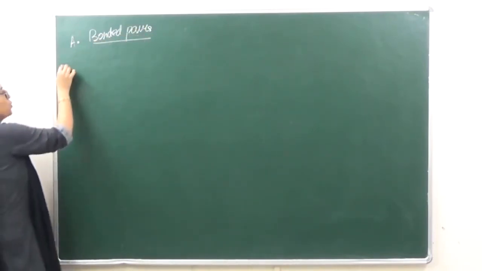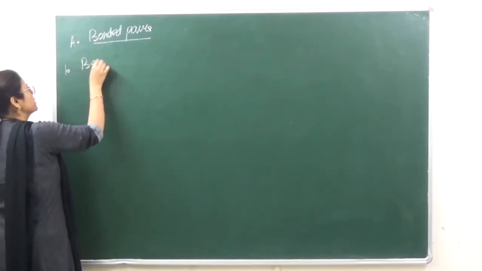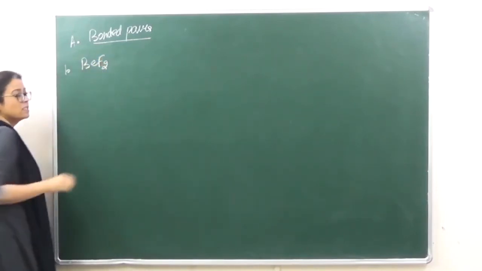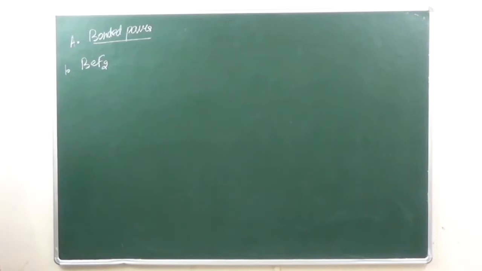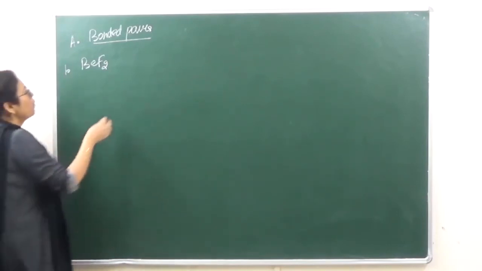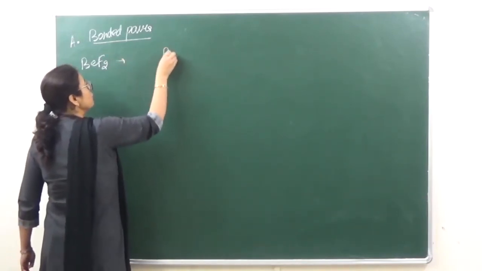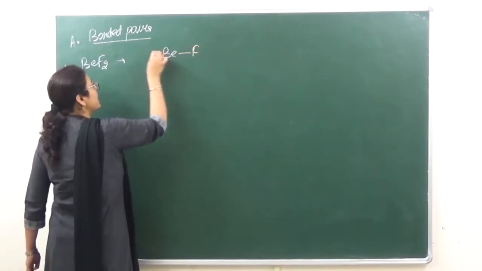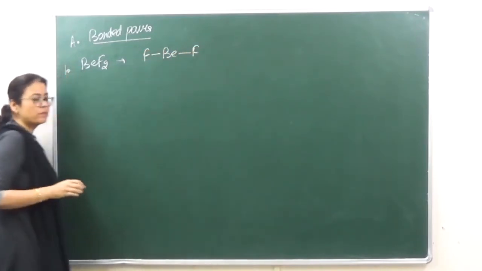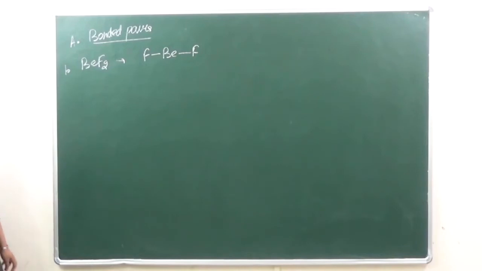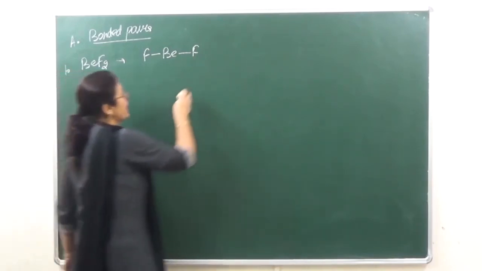So the first molecule over here, that is BeF2. In case of BeF2, both the fluorines are directed towards the opposite sides, as a result of which we have the following characteristics: